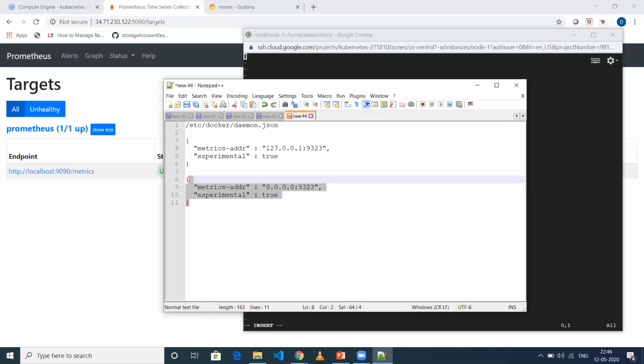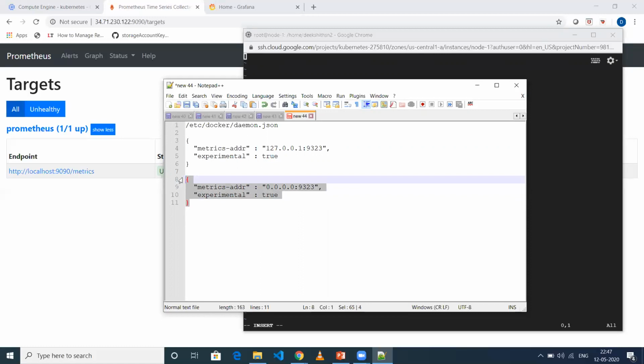But when I used 0.0.0.0 with a particular port, the metrics were exposed at the endpoint. So check first with the documented configuration, and if it is not working, you can use this one. Basically, I'm telling Docker to expose metrics on this particular port, and I'm also setting experimental to true.